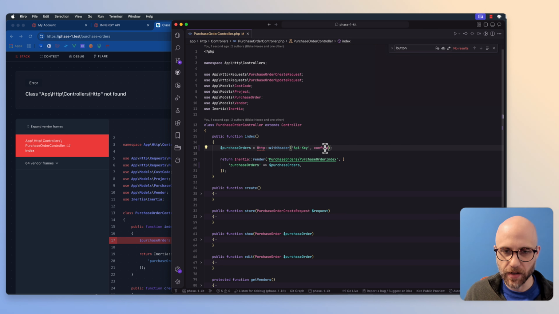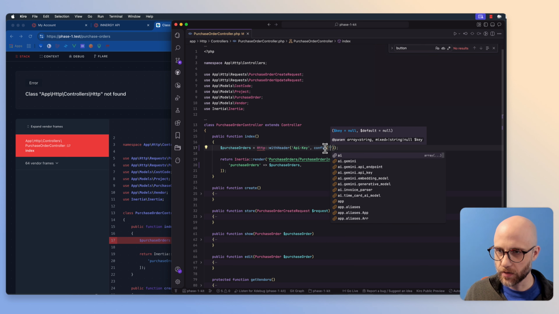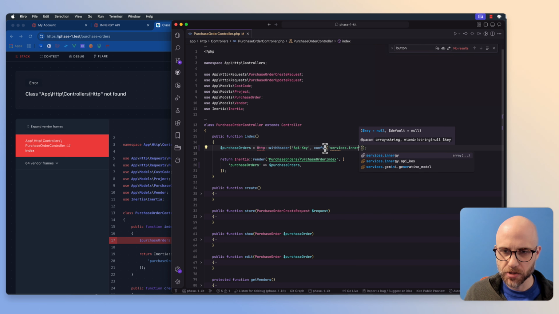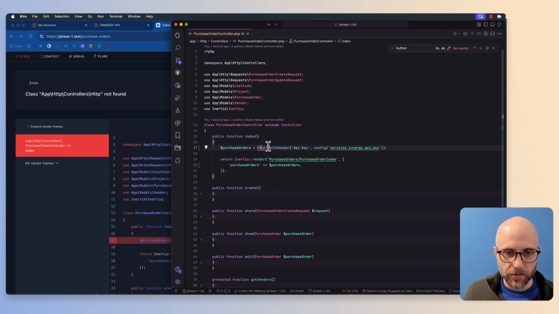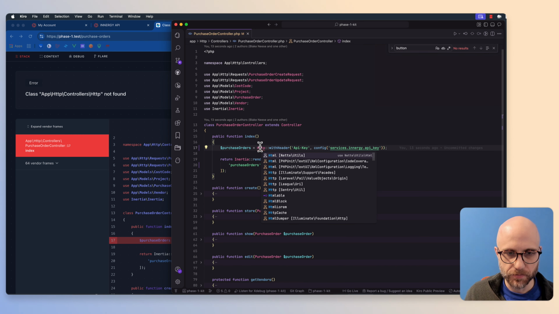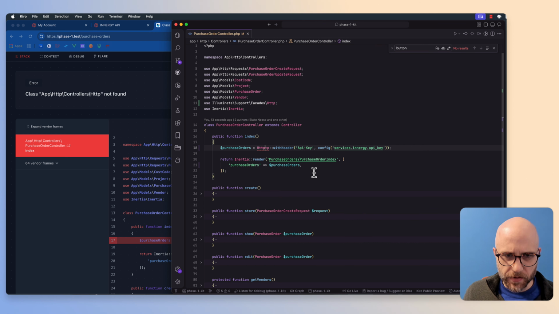So I'm going to use my config, let's see, services, Innergy, API key. This is where I've saved it, so I'm not showing it on the screen here. But that's going to insert the API key as the header as part of that request. Now I need to import the facade here. All right, so now this is the correct HTTP client, and we're going to do a GET request to